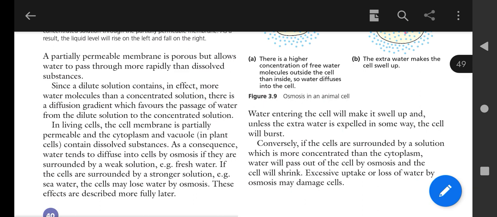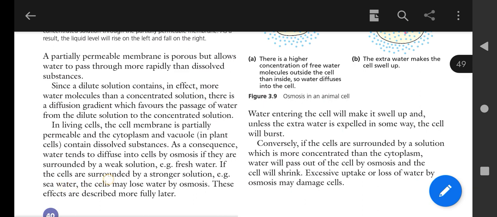Actually here the weak solution is a solution that contains a very large quantity of water and very little solute, like fresh water. If the cells are surrounded by a stronger solution, here the stronger solution means the concentrated solution, or the solution that contains more solute as compared to our cell,